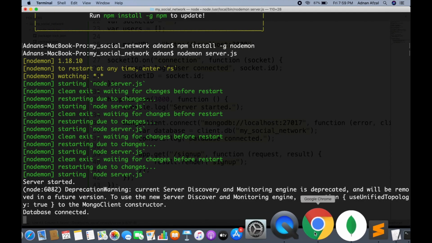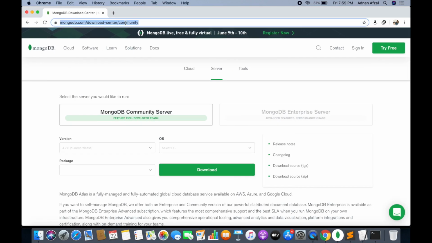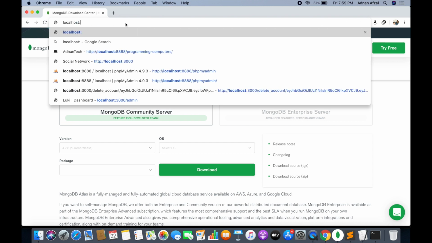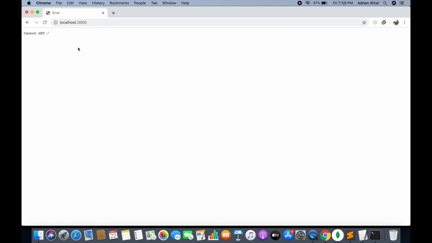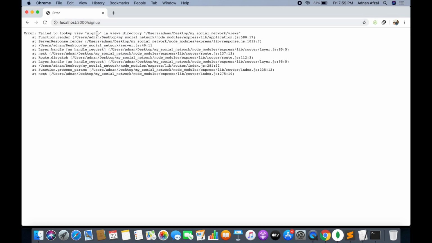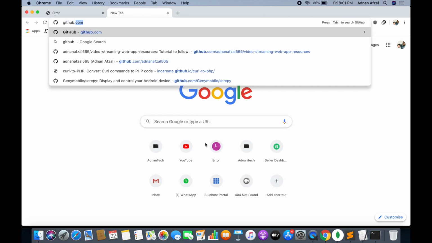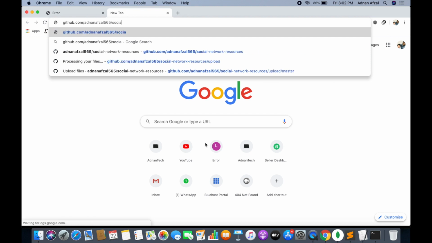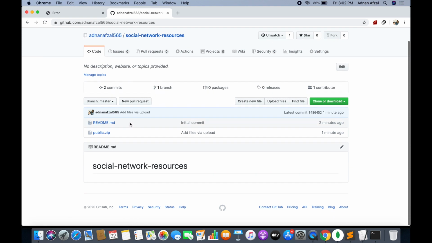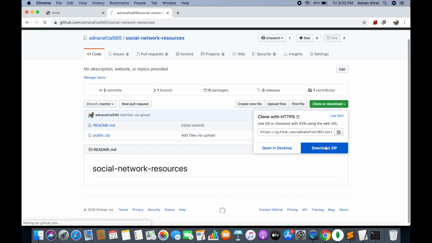So the server is running, and now I can access it using localhost:3000. We do not have the default route, but we have the sign up route, and in the sign up route it is looking for a file named signup.ejs. To download all the resources you have to go to this GitHub link, GitHub Adnan Afzal 565, social network resources. You just have to download this file. It will have all the CSS and JS files required for this project.